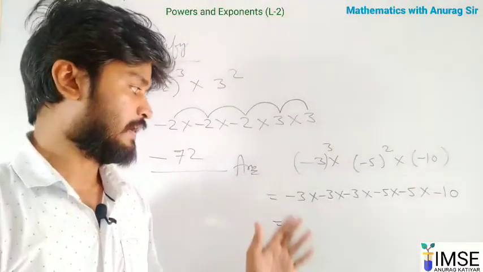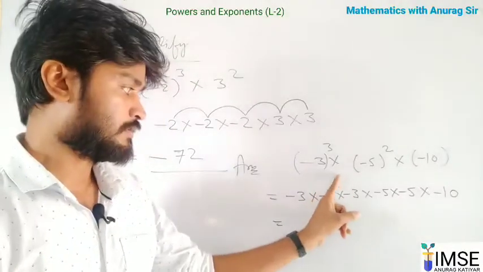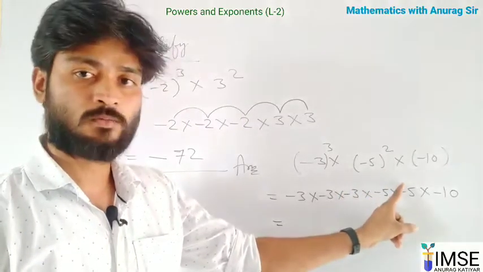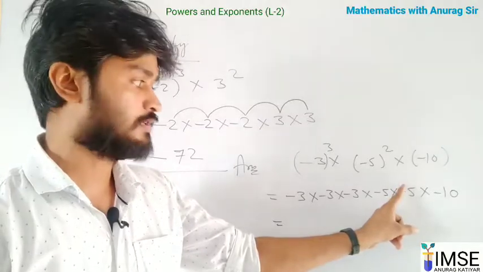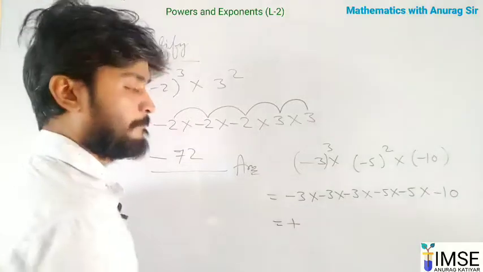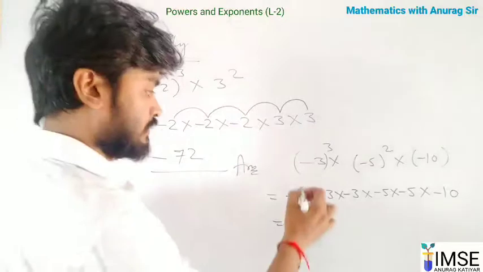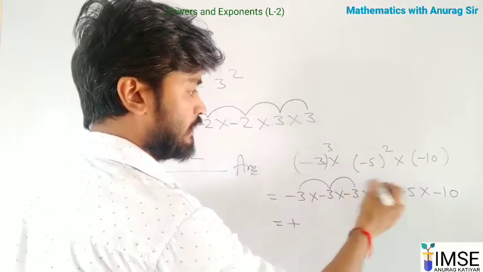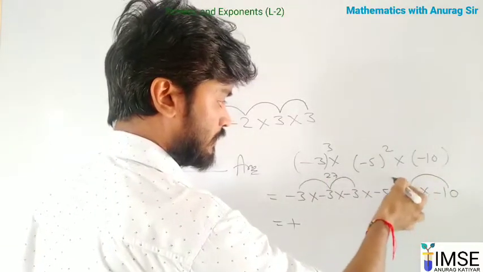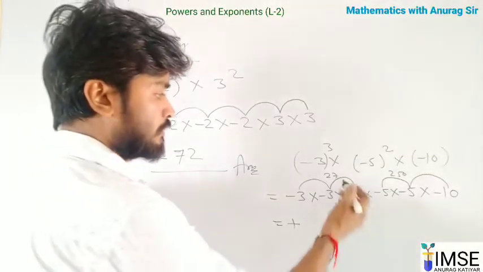Now we apply the basic rule. Firstly we multiply all the signs with each other: minus into minus is plus, plus into minus is minus, minus into minus is plus, plus into minus is minus, and the last one, minus into minus, is plus. So we finally have a plus sign. Now we multiply all the numbers with each other. 3 threes are 9, 3 nines are 27, and here one is 27, 10 fives are 50, 5 fifties are 250. So we calculate this number 27.